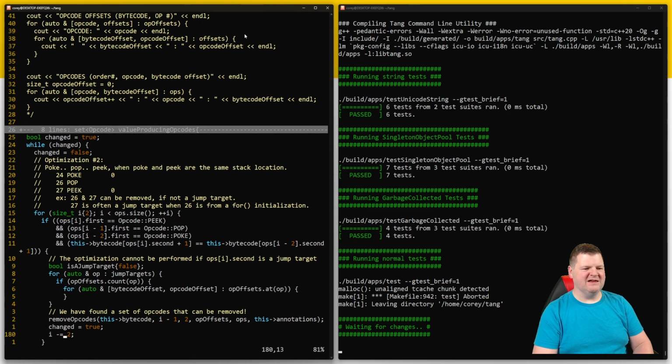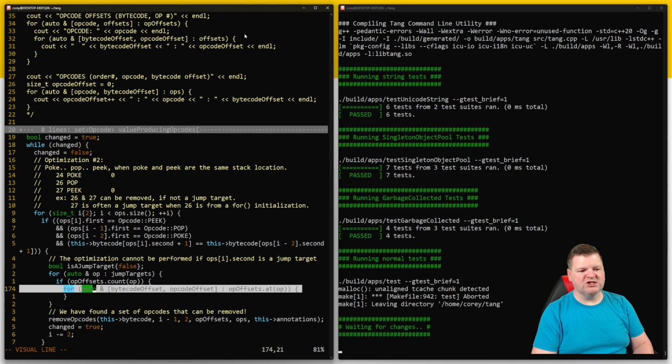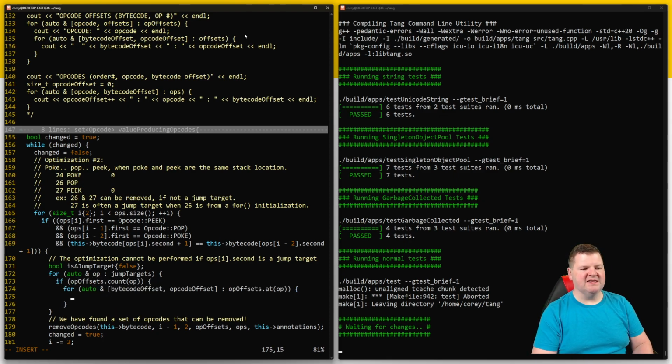That's messy, but all that we're saying is for each possible jump target, does the program have that opcode in it? And if it does, then go through each of the opcode locations, and if the bytecode offset is equal to I,